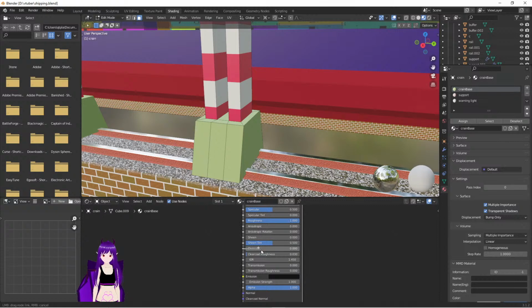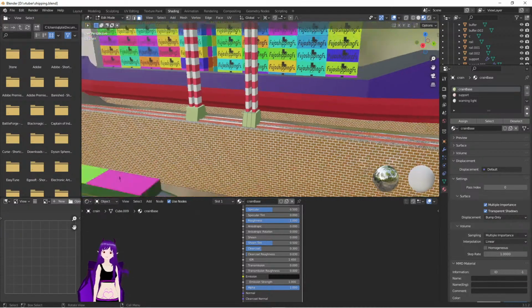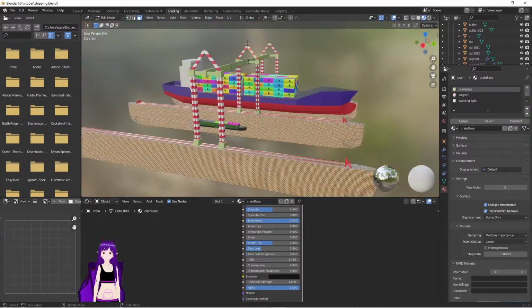Maybe a bit of clear coat. Oh. There. Okay. So if we then switch the water back on,